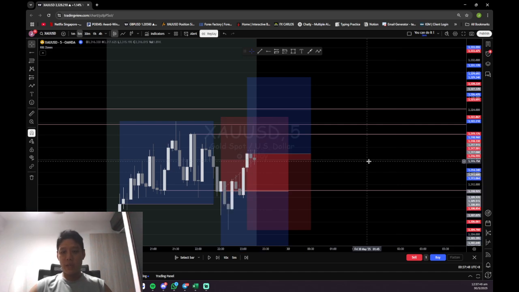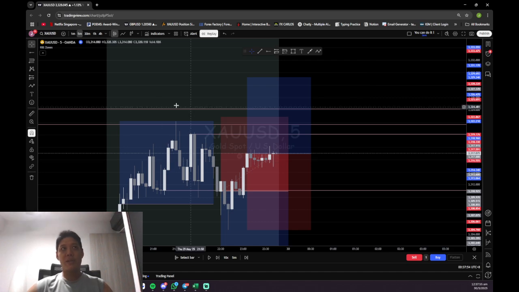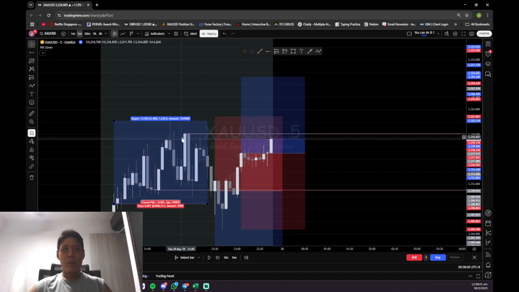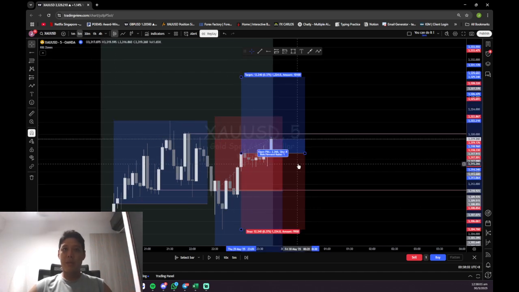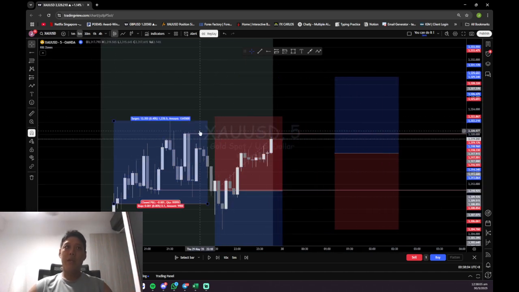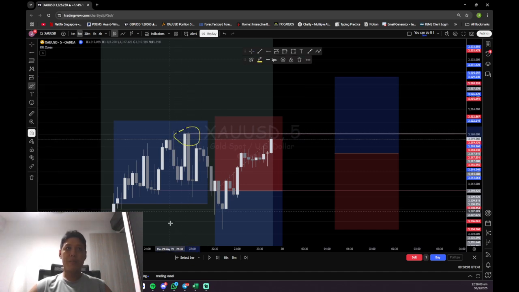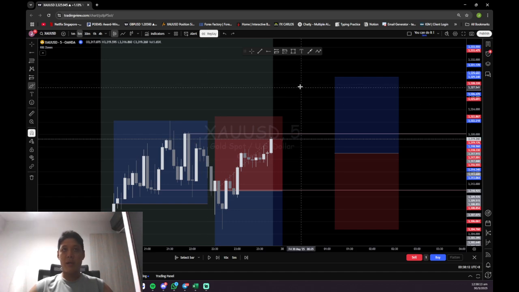But end of the day, the price action actually moved up, even higher and higher. So not to get you confused, I will just remove this and this. Okay. So now my idea is basically if it breaks this particular candle here, then that's where I'm going to close the trade. But coincidentally, the break,